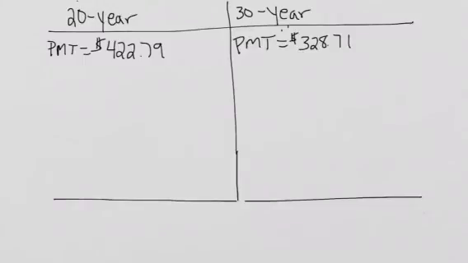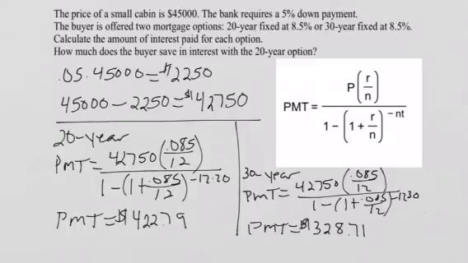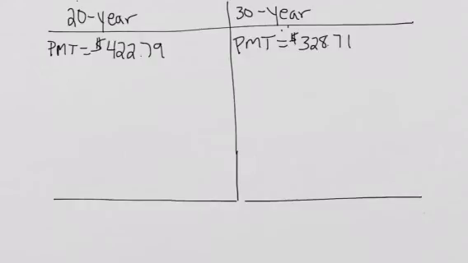Alright, so what we found was that our monthly payment for the 20-year option is $422.79 a month, and for the 30-year option is $328.71. Now, if we go back to the question, it wants us to calculate the amount of interest paid for each option. And so if we pay for the 20-year $422.79 per month, times 12 for the months for 20 years. Multiply all those together, we get a total of